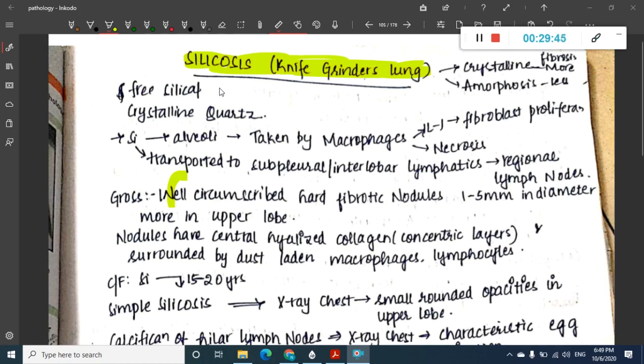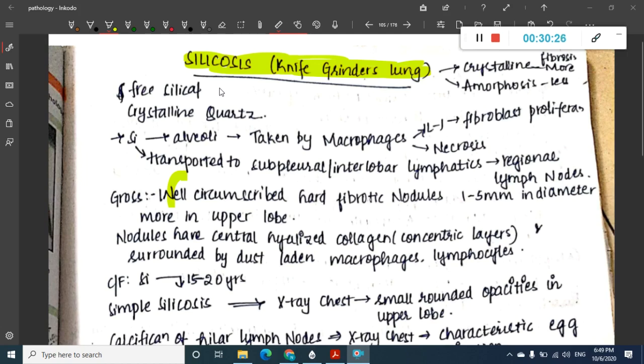reaches the lungs, enters the lungs, and it reaches the alveoli. In the alveoli, the silica is taken up by the macrophages. These macrophages will take up silica, they will engulf the silica. But before the macrophages actually start, whenever the silica particle enters the lung, it starts a mild inflammatory reaction. This mild inflammatory reaction will lead to the activation of lymphocytes. These lymphocytes will then activate the formation of macrophages. Okay, these macrophages will produce interleukin 1, and this interleukin 1 will cause fibroblast proliferation. And these macrophages also cause necrosis, which is deposited as necrotic silica nodules.